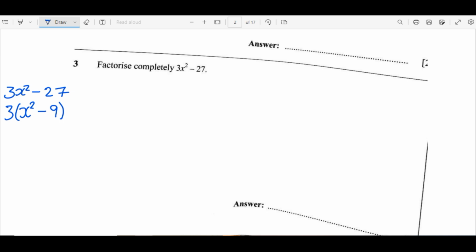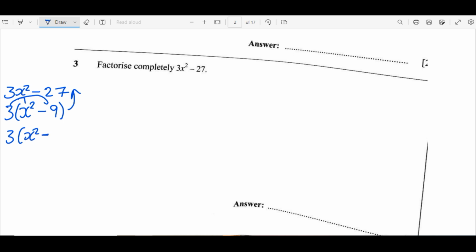Make sure that after you factorize, if you are to expand, you are able to get this expression. We can see that if we expand, 3 times x squared will give us 3x squared, 3 times negative 9 will give us negative 27. So this is just to give us the picture that at least what we are doing is making sense. Now the inside part